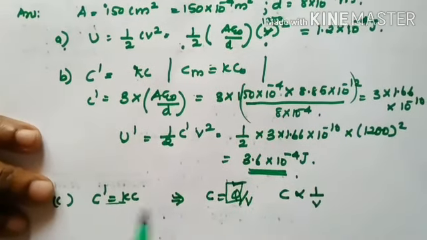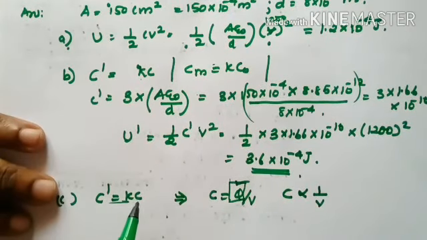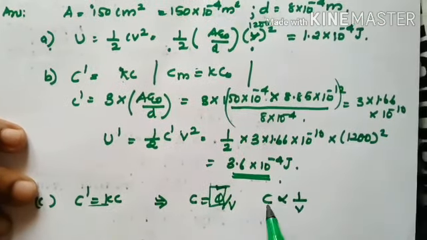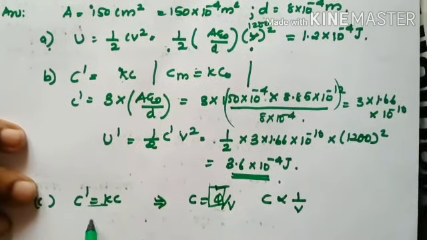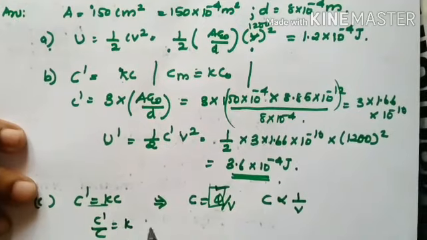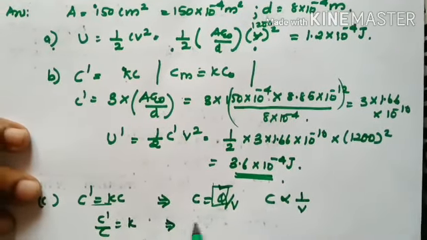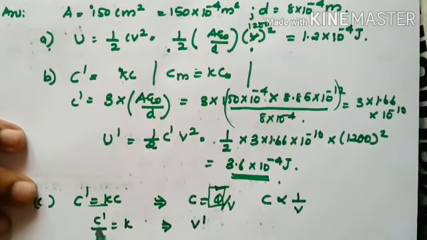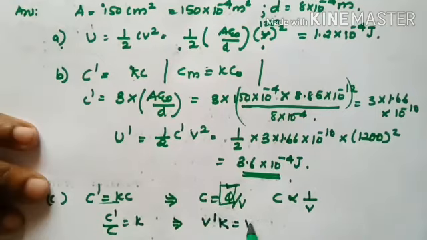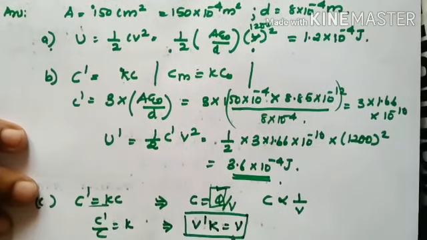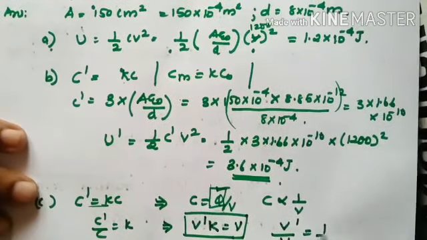So in place of C dash I can write 1 by V dash, and in place of C I can write 1 by V. Or I can say, since C is inversely proportional to V, if C dash by C is equal to K, then the reciprocal happens, that is V dash by V. Right? So it becomes V dash into K is equal to V. Or I can say V dash by V is equal to 1 by K,